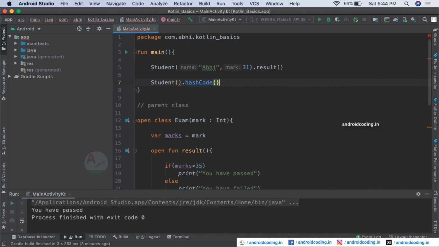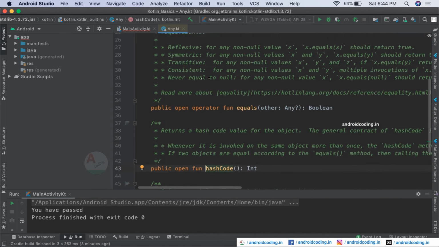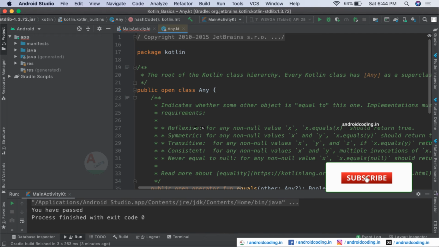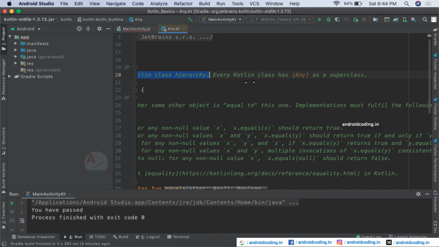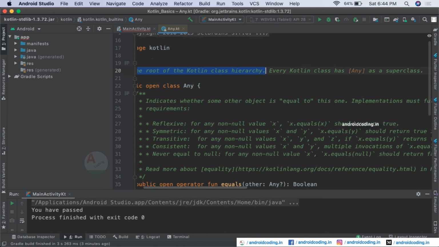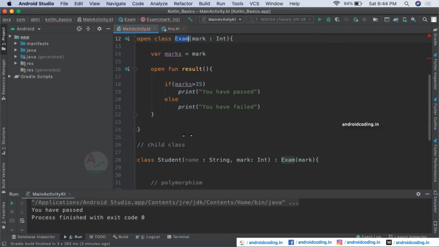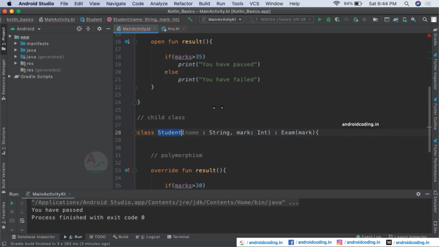Because as we have discussed, every class will inherit the Any class. So tap on this particular method and here you can see it will redirect to the Any class here. So here it is showing the root of the Kotlin class hierarchy is the Any class here. So every Kotlin class has a superclass Any, as we have a superclass exam for our derived class student.